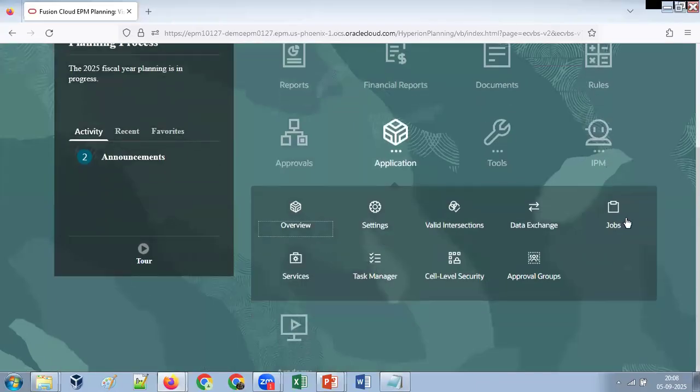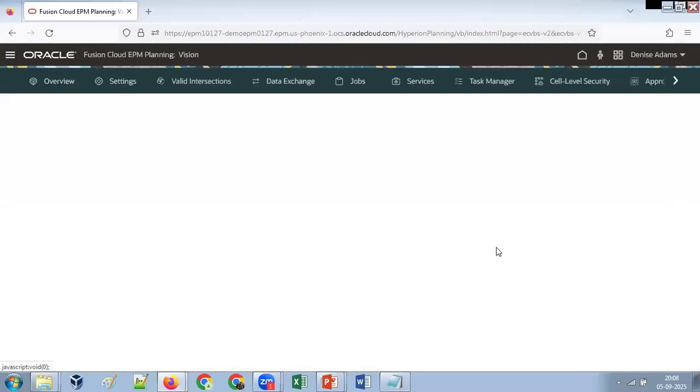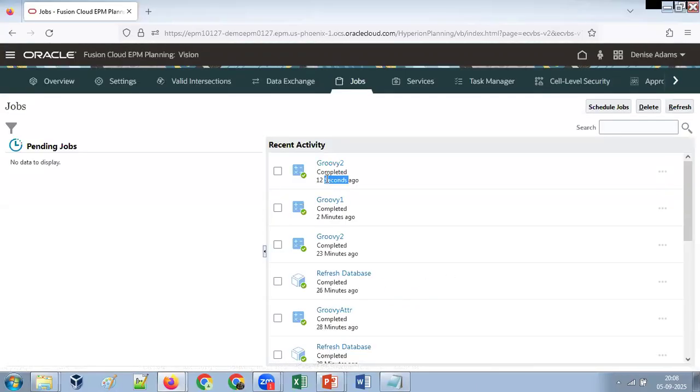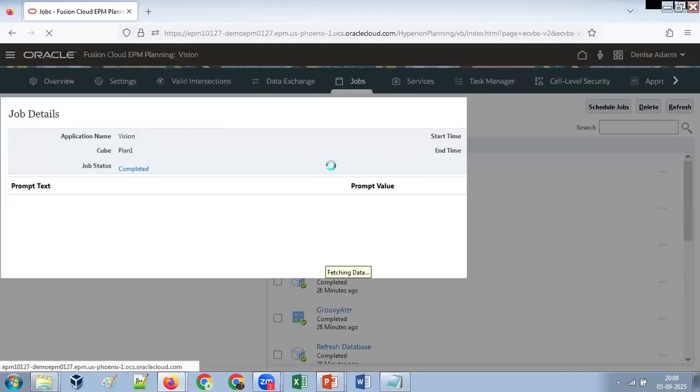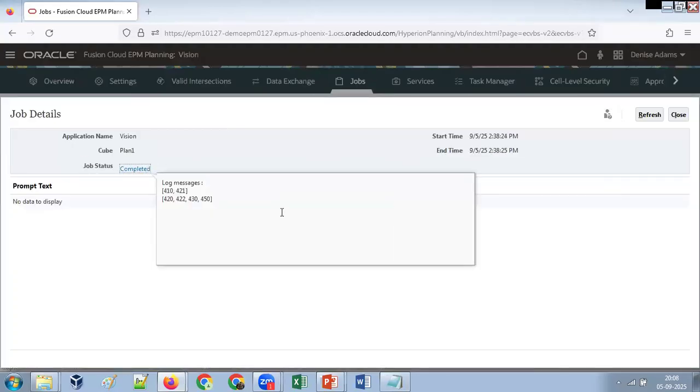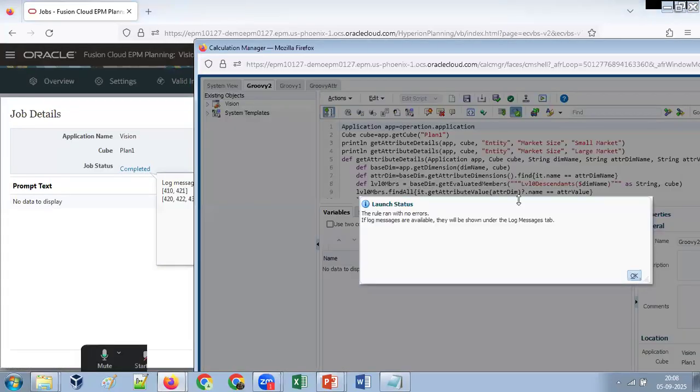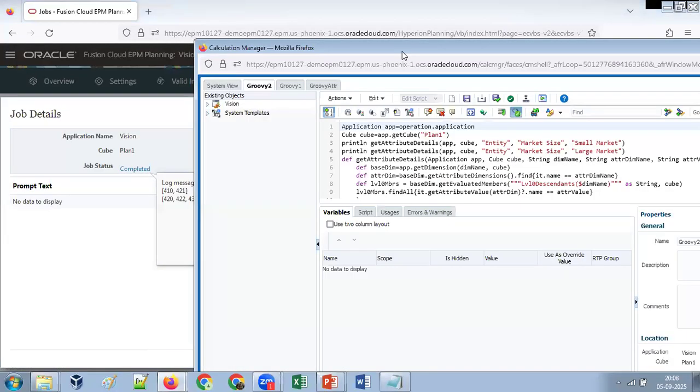Application job. After this, we are going to interpret this entire code line by line. The Groovy part 2 executed successfully. And what you see, these are two attributes. Look at this. I call this method twice. First, I call this method